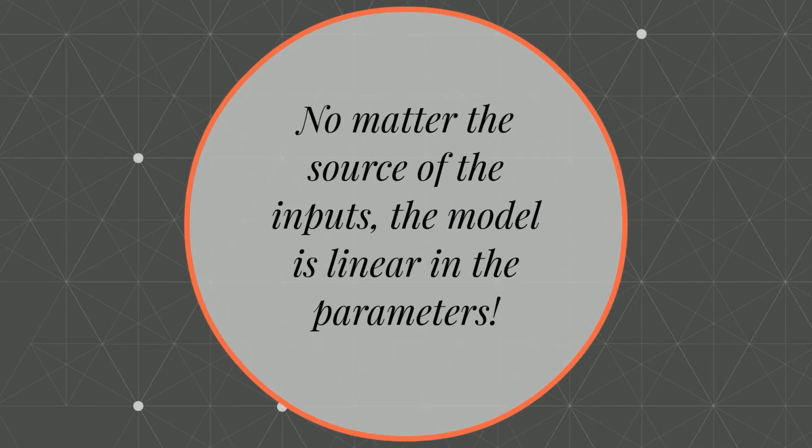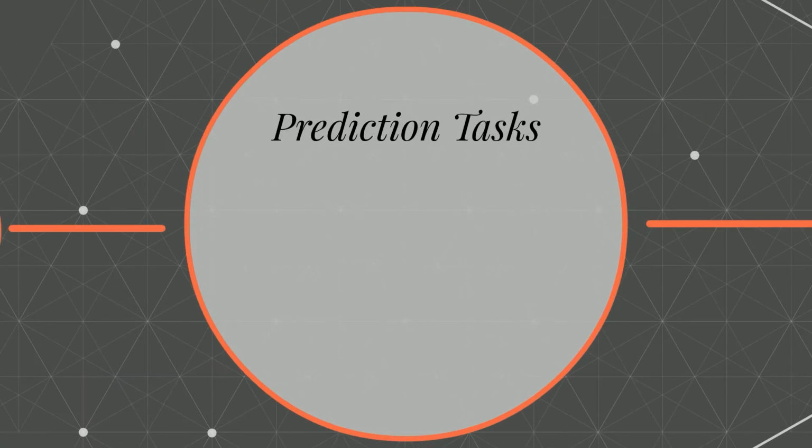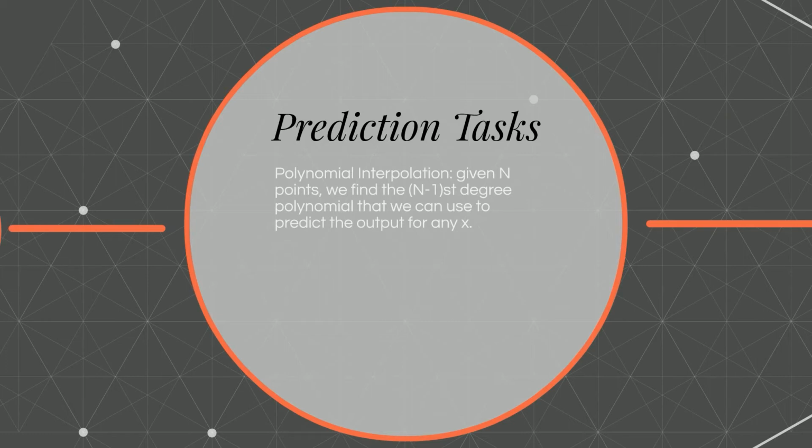So no matter the source of the inputs, the model is linear in the parameters. That is the assumption that we are making going into this linear regression task. We are assuming it's either linear or linear models are a good approximation of these parameters. So in prediction tasks, we can have interpolation where we would like to find the function f(x) that passes through our training points. In polynomial interpolation, given n points, we find the n-1 degree polynomial that we can use to predict the output